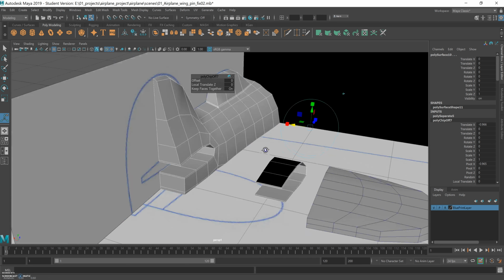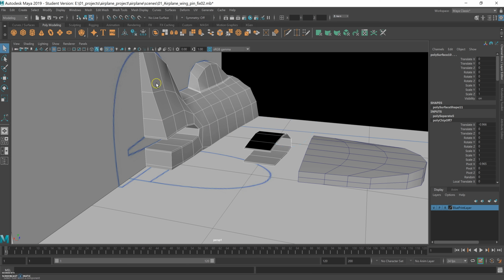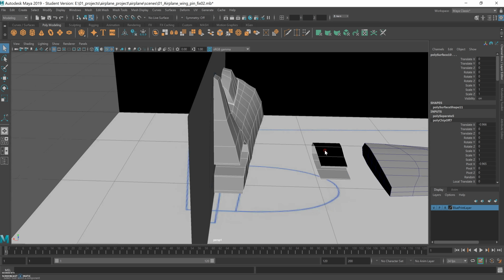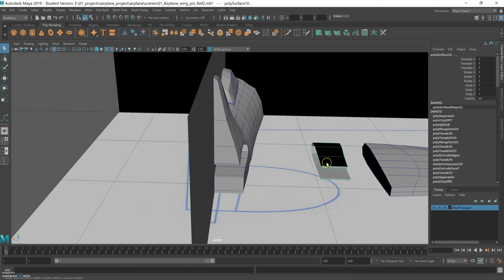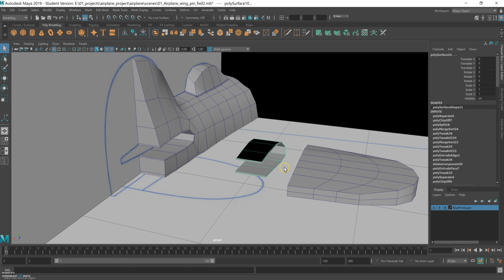Okay, so now you have this object. Let's go to object mode and